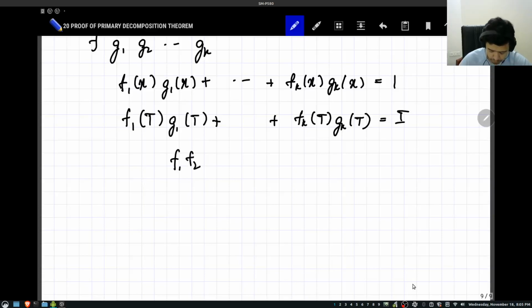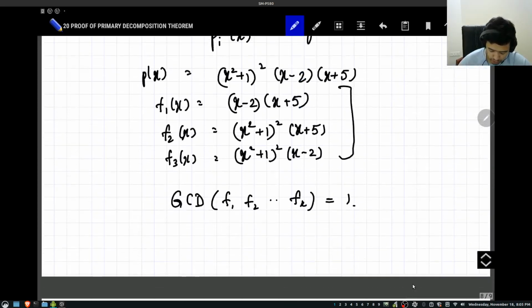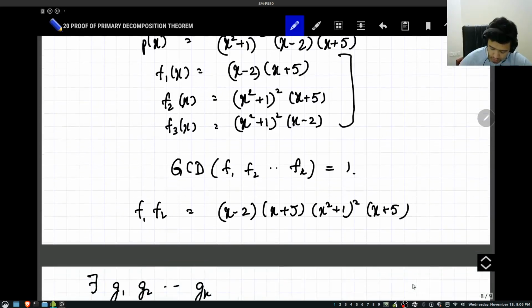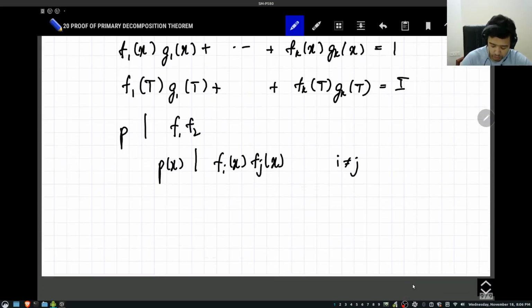Moreover, you can prove that p always divides f1 f2, and in particular the minimal polynomial divides fi of x fj of x as long as i is not equal to j, right? So if you look at this example over here, let's take f1 f2. This is x minus 2 times x plus 5 times x squared plus 1 the whole squared times x plus 5, right? So clearly this is p of x, and therefore p of x divides f1 f2. Similarly, you can show this for f2 f3 and f1 f3, right? So for any i not equal to j, p of x divides fi of x times fj of x,